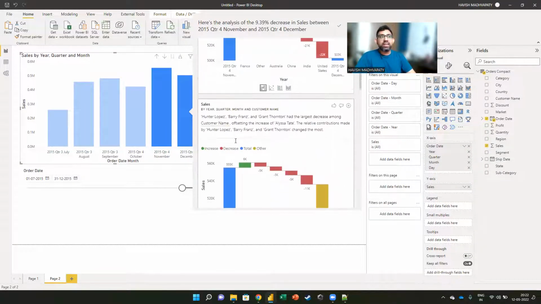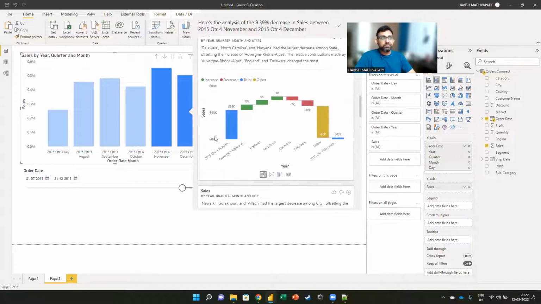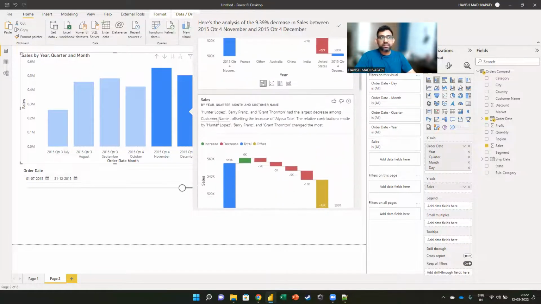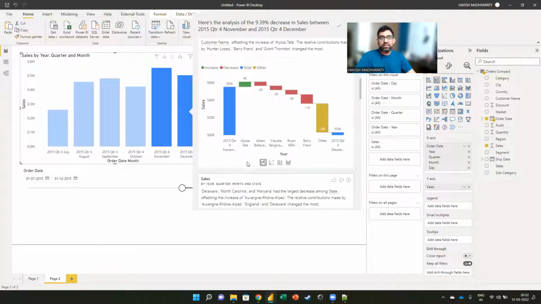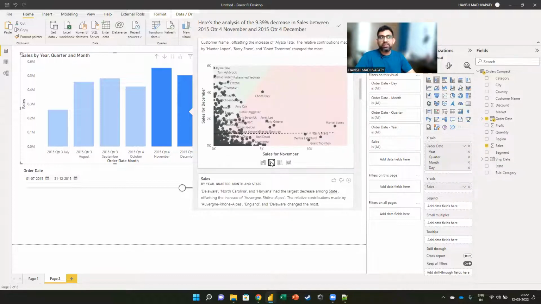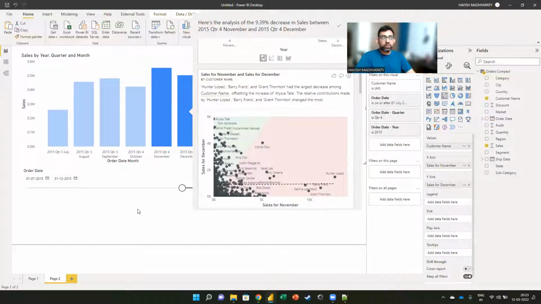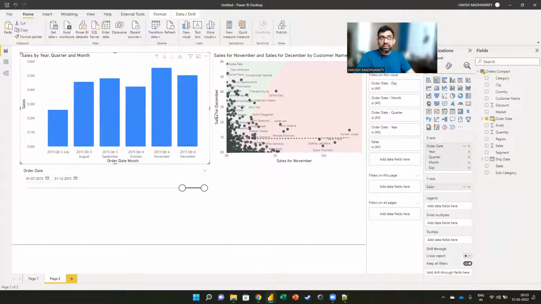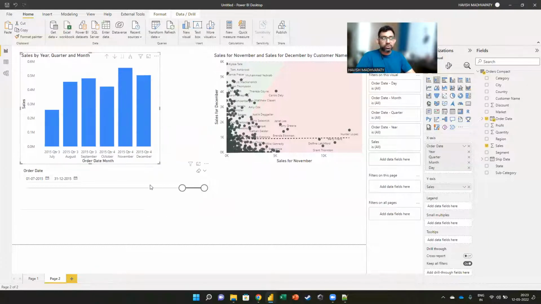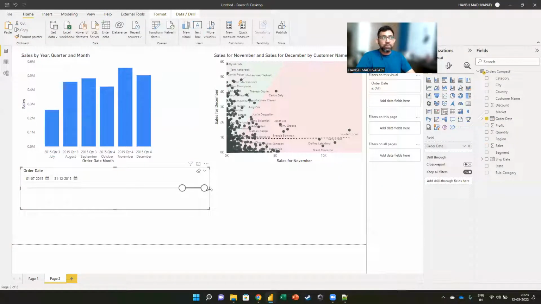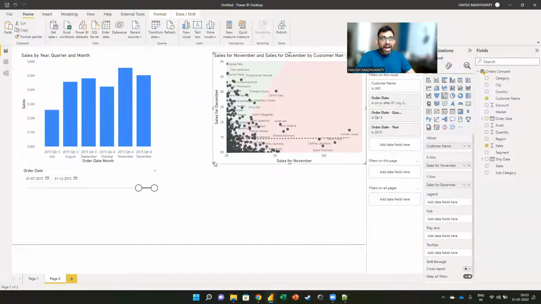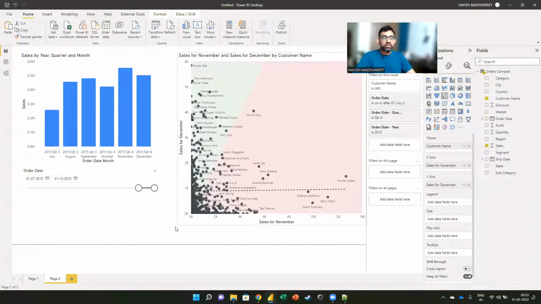For example, look at this: year, quarter, month, and customer name, okay? And I make this into a scatter chart, and let me just add it. Do you see what we're doing right now? This is something we even do in machine learning when we do a k-means algorithm. What we are doing here, everyone, is creating a scatter chart to see outliers in our data. You get my point, right?